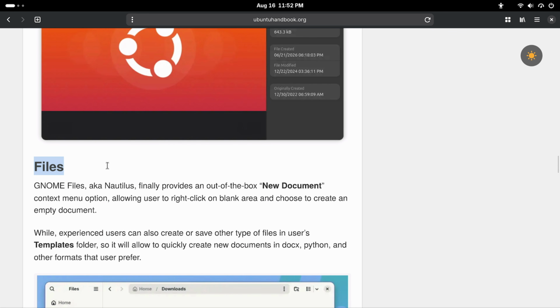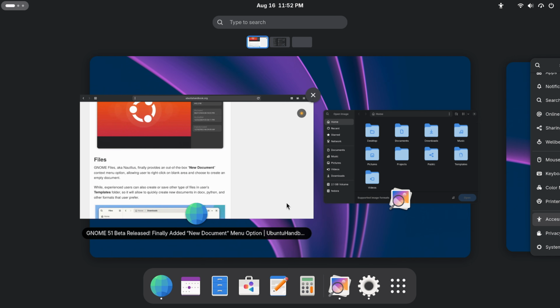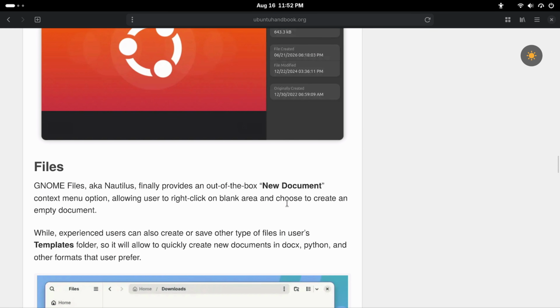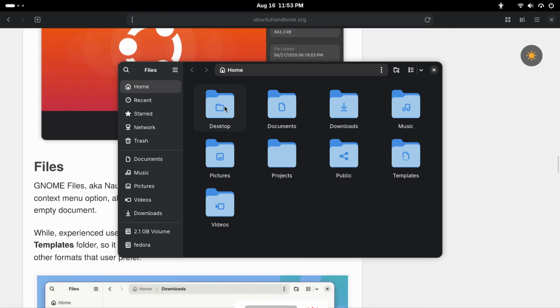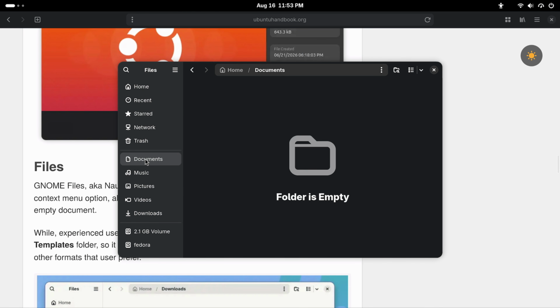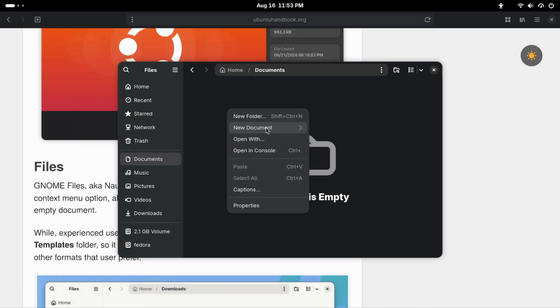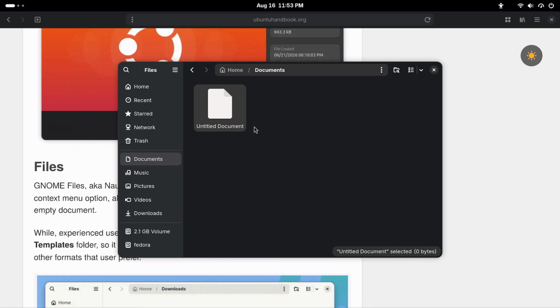Now, we also have changes in Files. So GNOME Files, aka Nautilus, finally provides an out-of-the-box new document context menu option. So you open Nautilus, or you just simply type files and let it open up. Okay, so there is Files, and you can go into Documents, and let's just say you right click, and now you can create a new document. Right now, I don't really have anything installed, so it just says empty text file. Maybe if you had other apps like LibreOffice Writer and the whole LibreOffice suite, maybe you could get